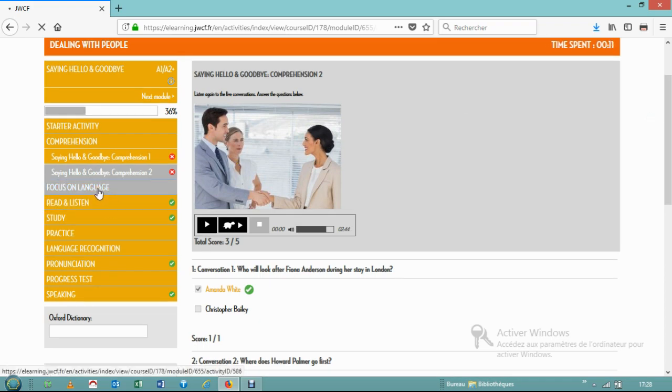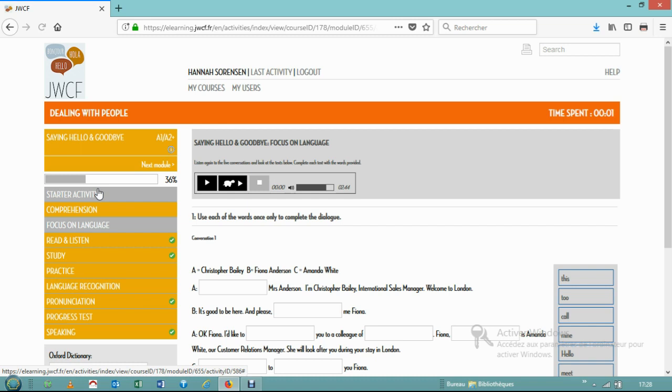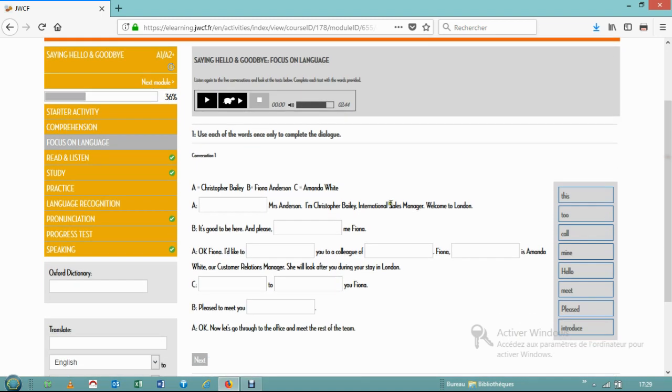Focus on language. So using the same audio clip as in the previous exercise, here we have vocabulary comprehension exercises. The learner will fill in the spaces with the words provided in the list. For example, if we type a word, we will see now that this word is crossed out. Another option